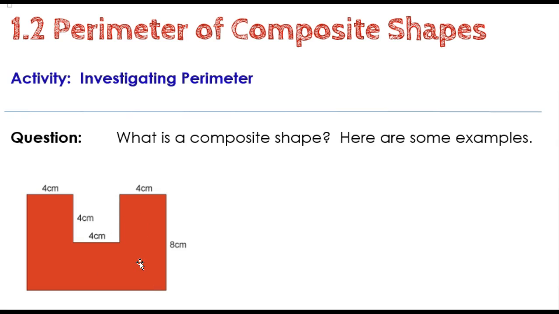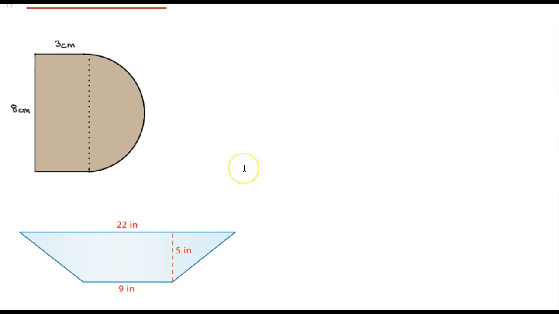So I'm going to show you a couple of other examples. So here are two other composite shapes. This first one, this brown one, looks like it's made up of a rectangle and